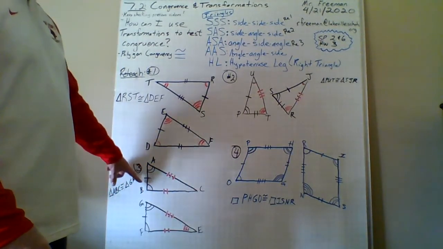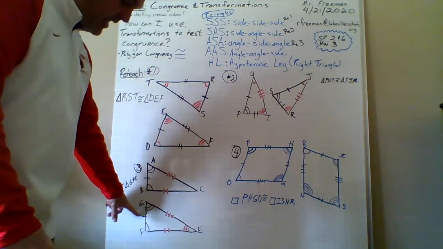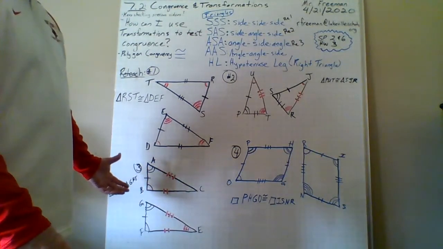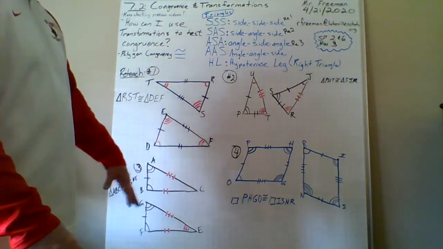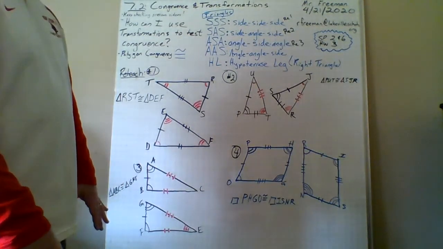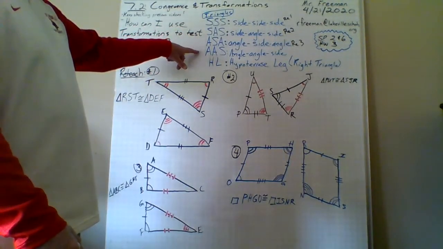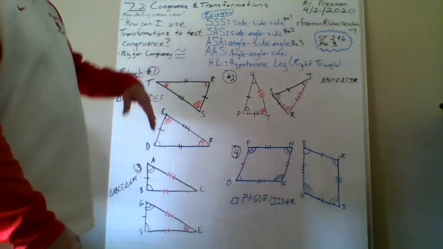Angle with 2 notches, a side, and then an angle with 1 notch, angle with 2 notches, a side, and an angle with 1 arc, I should say. That proves that those triangles are congruent even without them saying the rest of these angles and so on and so forth. Okay, I will go over possibly one that's angle side, and definitely one that's hypotenuse leg, hopefully later